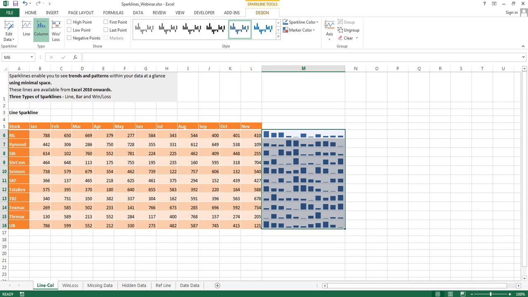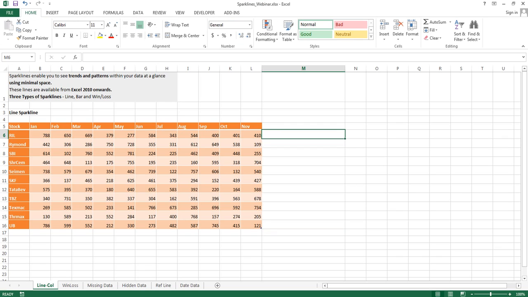Now very often we get a question, can we have a combination of a line spark line and a column spark line? Definitely we can. So just to demonstrate that, I'm going to clear the spark lines. Let's say in the alternate I want a line spark line and then I want a column spark line. So I'm going to create a spark line only for the first stock and then onwards I'm going to copy paste the spark line. So let's see how it works.